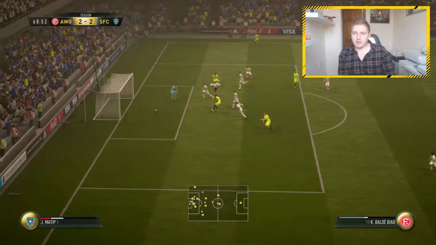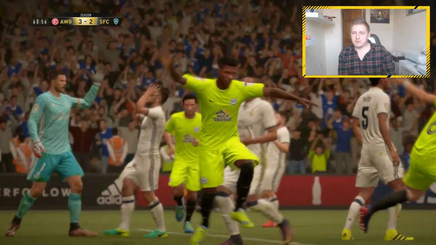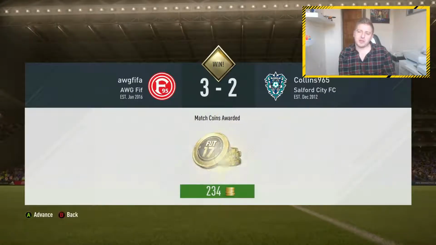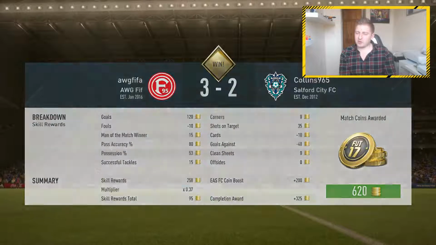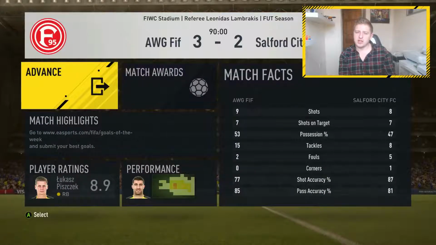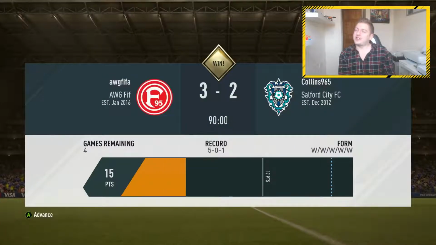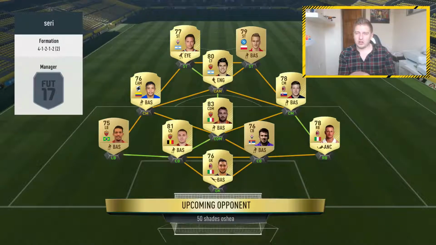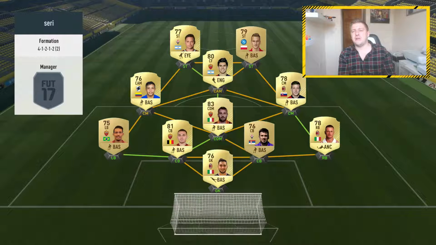2-1 down, and we pull it back to 3-2. And that's Dio with another goal. So happy days, we pick up another victory. Still got some coin boosts going, but they must be the 200 coin ones. We do have another tier of coin unlocks to hit, which is the 15 times 1,000, which is when you hit level 50